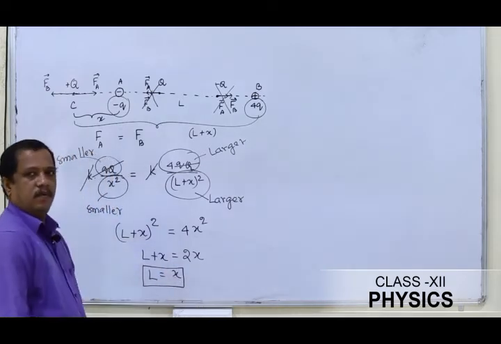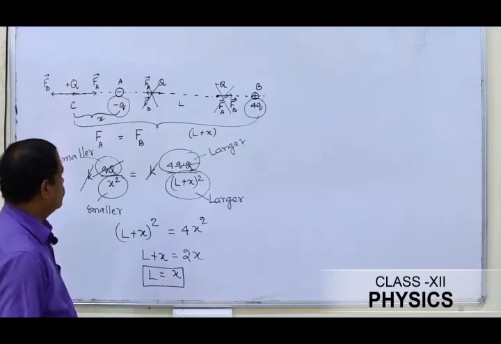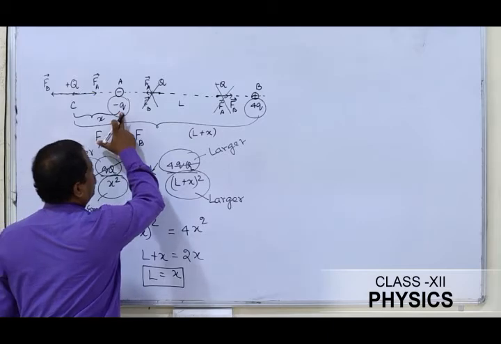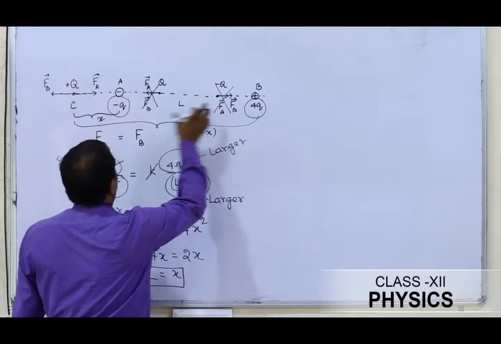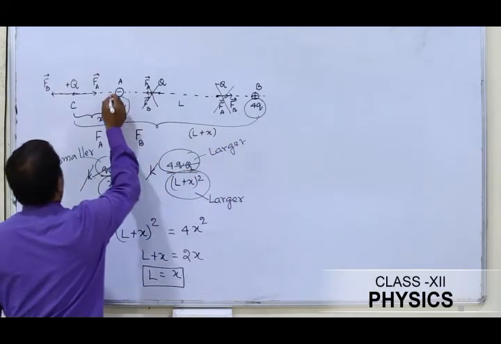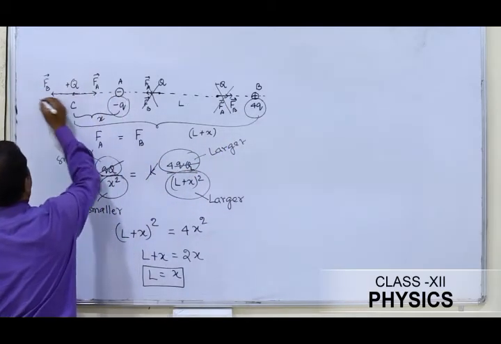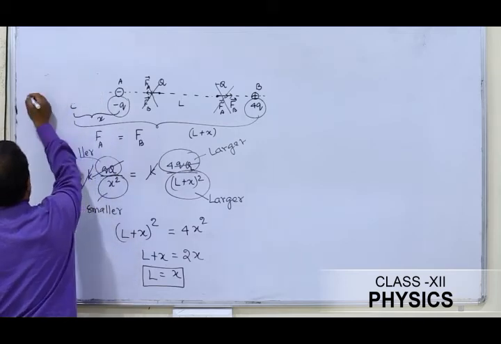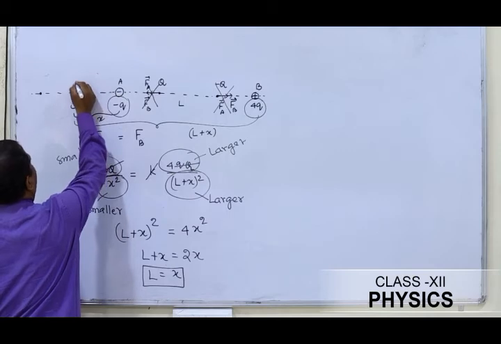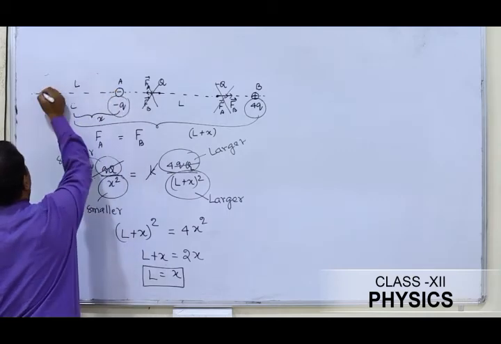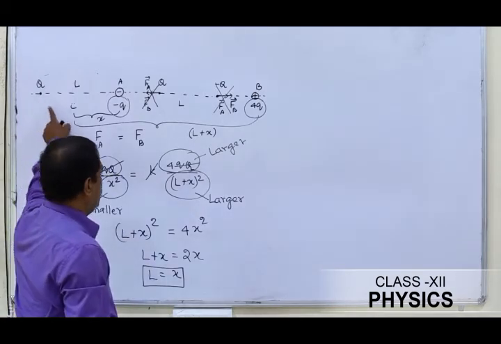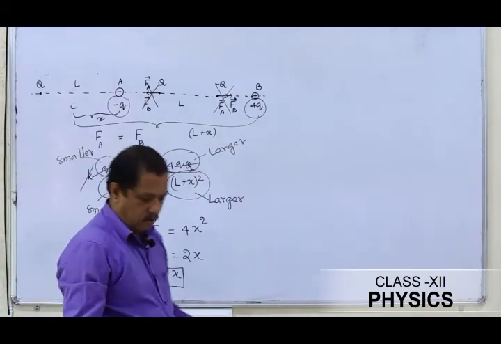So the beautiful point that we have come across is that for this system of charges, q and 4q, both are placed at a distance of L. The position of equilibrium we are going to find is at a distance of L from position A. If you place here the charge Q, then this charge will be at equilibrium. This is the answer for this question.